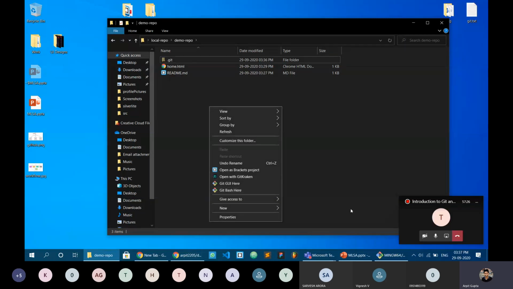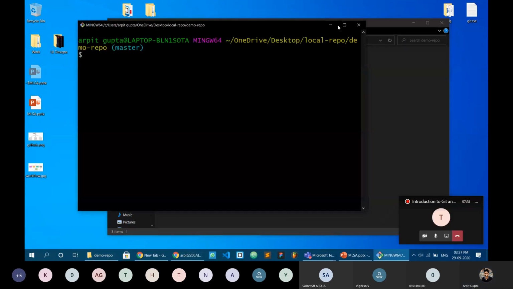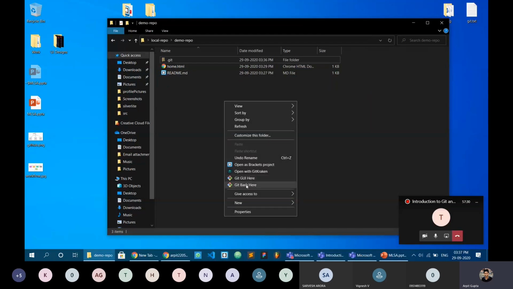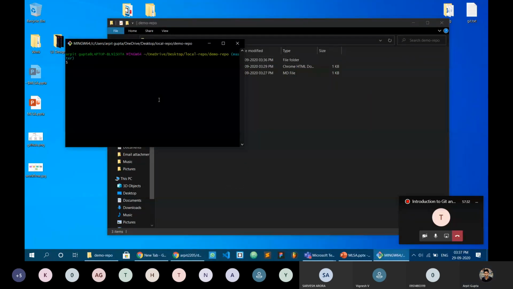So now what we will do is we will pull the changes from the remote repository. So this time we will do git pull origin master.